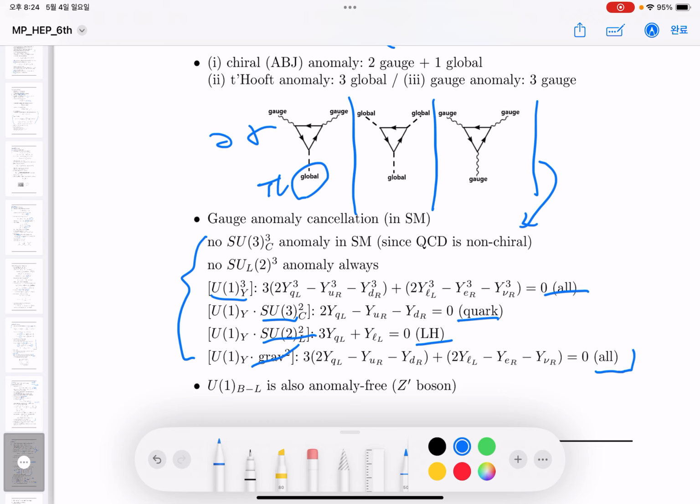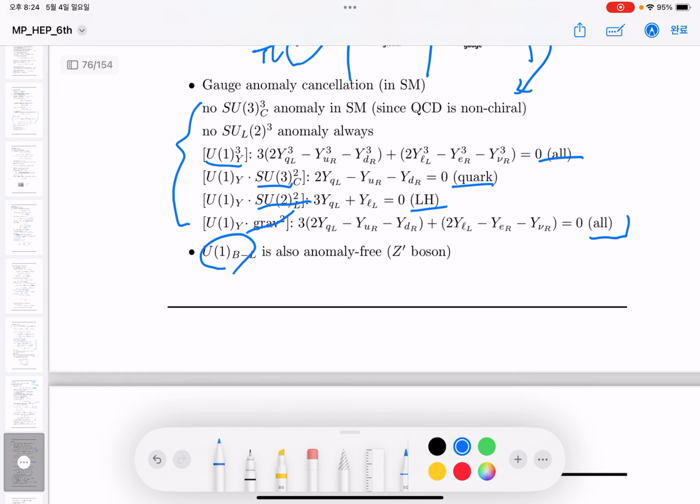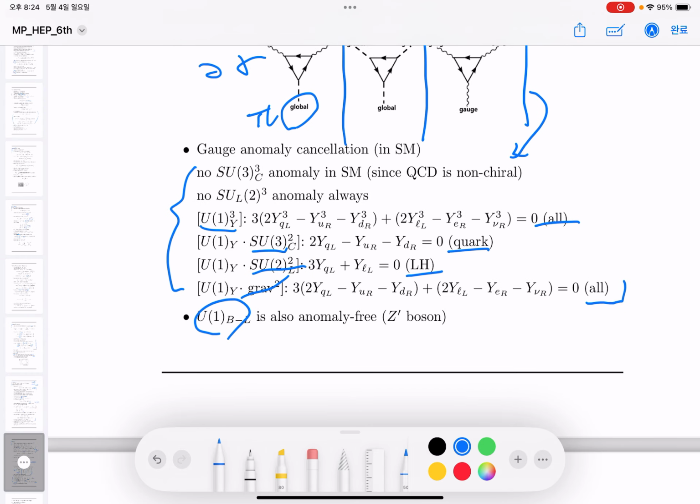And if we add an additional gauge symmetry like U(1) B minus L prime, that should also be anomaly free, and the additional U(1) prime charges for the fermion fields should satisfy the additional anomaly cancellation conditions. So we discussed the quantum field theory from A to the